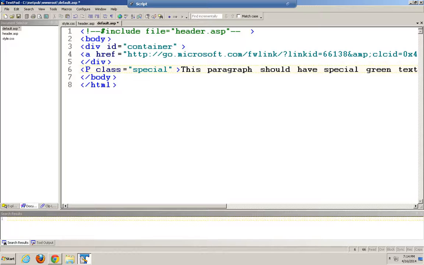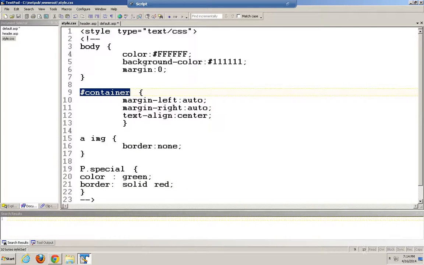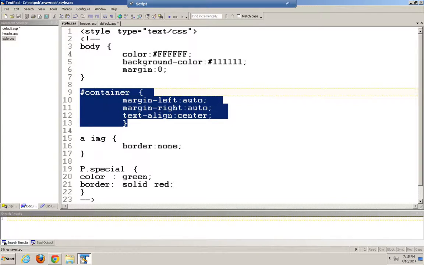Okay, notice now I put in here P class special, and since they did not do it, I'm closing out my paragraph tag. Okay. So we have two different classes. If you do it with a div, if you ID it as container, which is this right here,